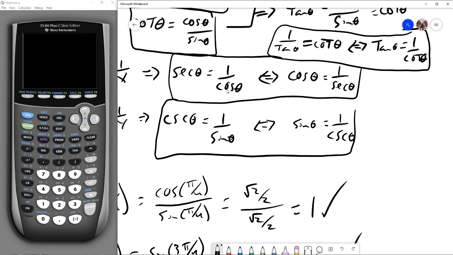Just remember, cosine is prefixed with a co, so it's going to go with the secant because secant doesn't have the co in front, whereas cosecant already has a co in front, so it's going to go with the sine because sine doesn't have a co. Notice cosine, secant. Cosecant, sine. Sine, cosecant. Cosine, secant. So if you could just remember that little relationship just between the language, it serves as a mnemonic